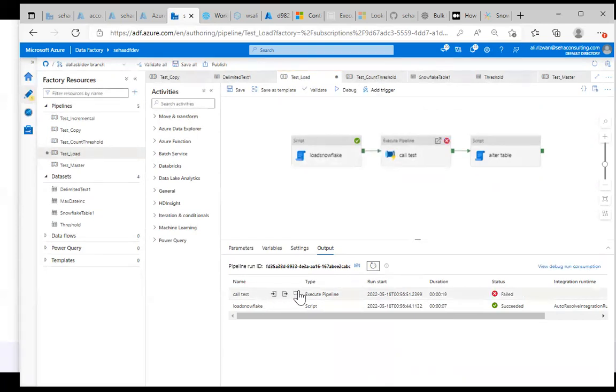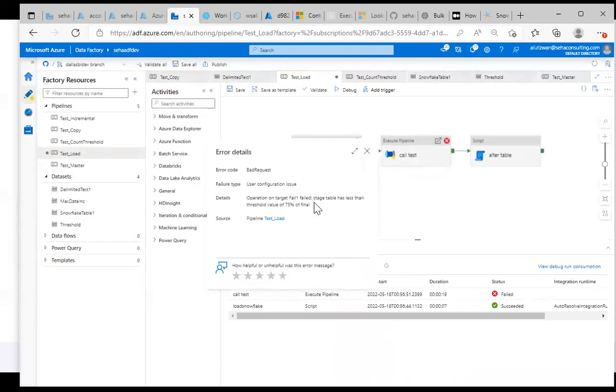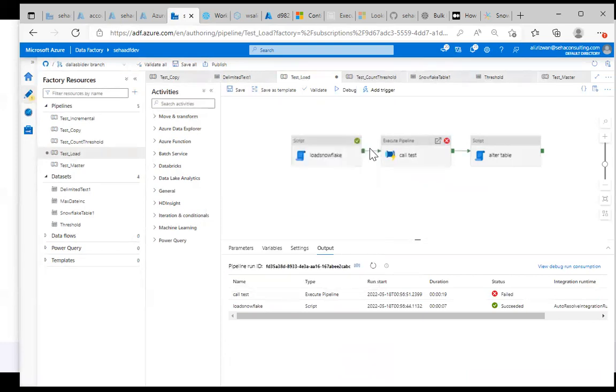So now it failed, and if I look at the output, it'll have that message that I had configured in there, that it failed because 75% of the data wasn't there. So with that, one other thing I wanted to show in here was,